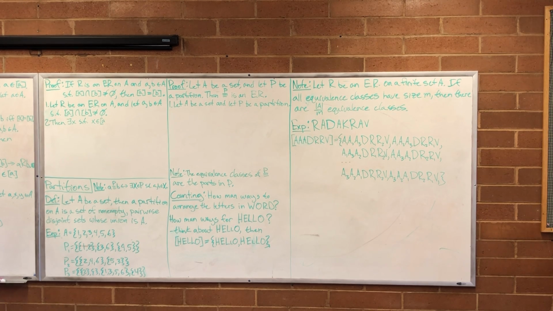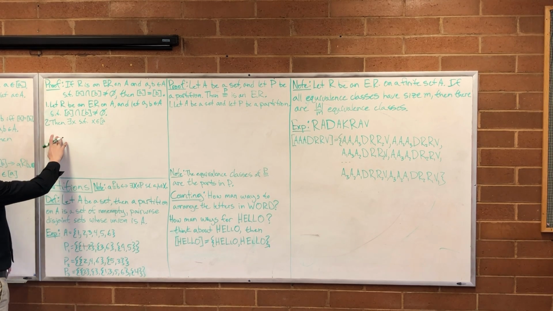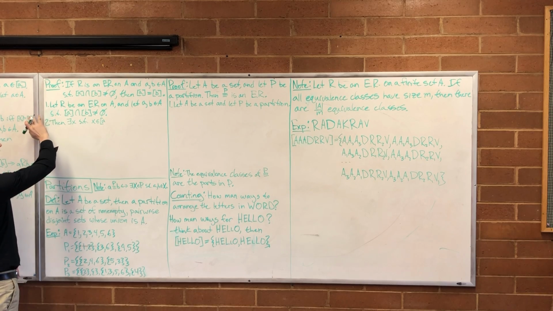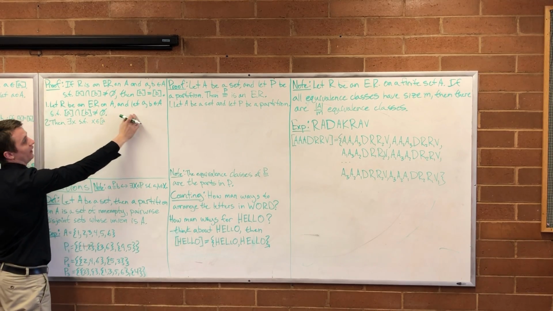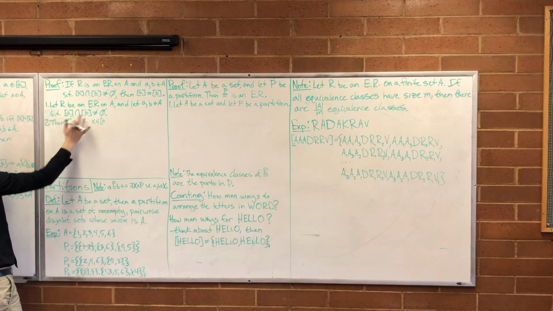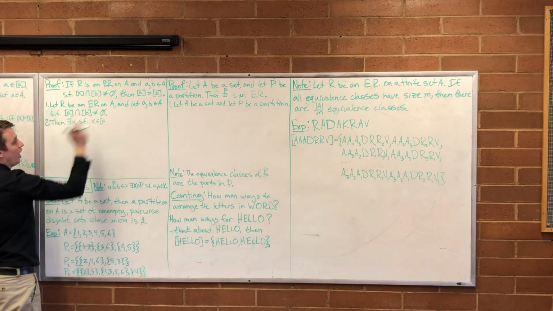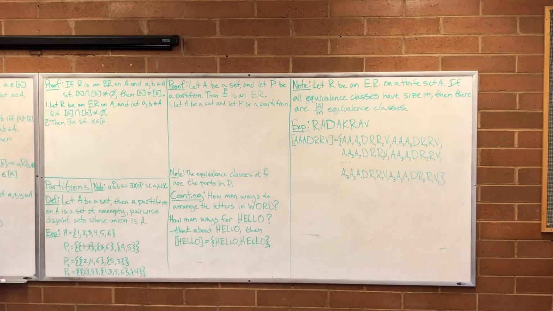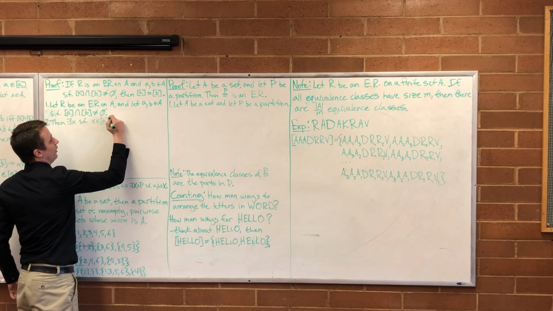Anyways, continuing. So, let's see. Okay, let R be an equivalence relation on a set A, and let a and b be elements in A, such that the intersection of their equivalence classes is not empty. If their intersection is not empty, that means there's something in the intersection. So then there exists something in there, call it x, such that x is in their intersection,